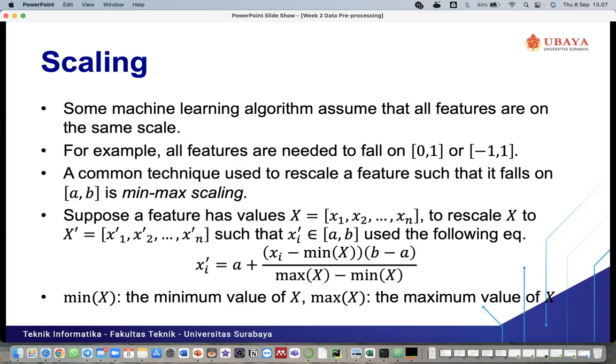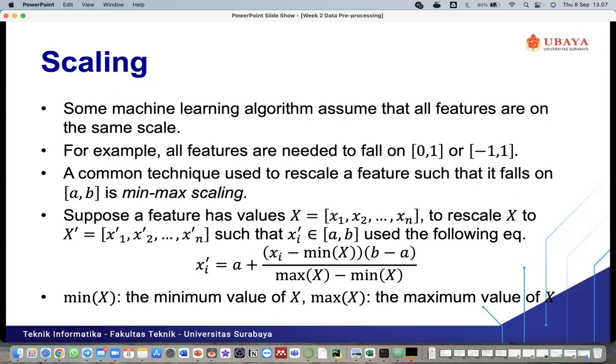For example, all features are needed to fall within 0 to 1 or minus 1 to 1. So maybe we scale the age from 0 to 1, and also the income to 0 to 1, or outcome 0 to 1, and saving balance 0 to 1 or minus 1 to 1. We can choose one of these.